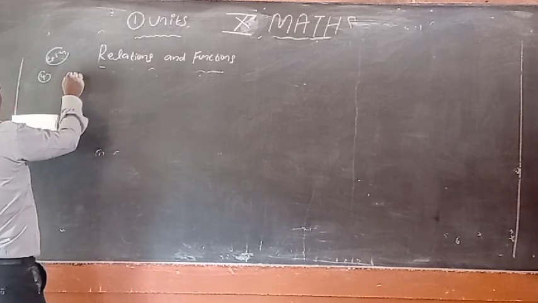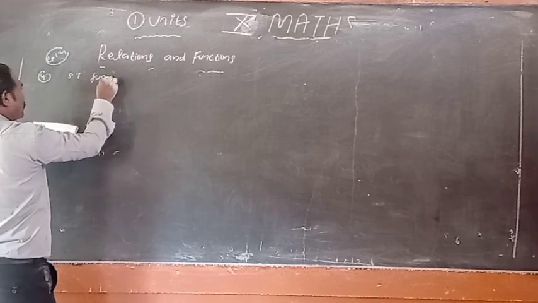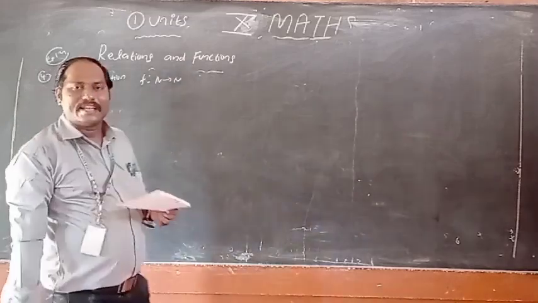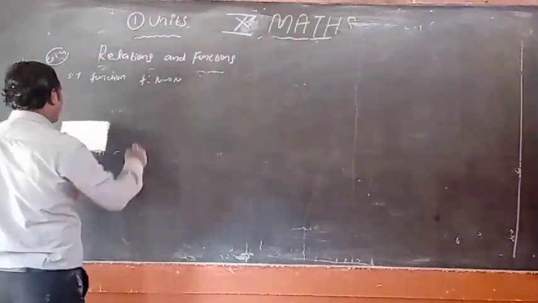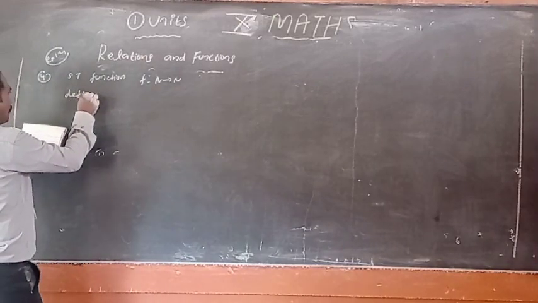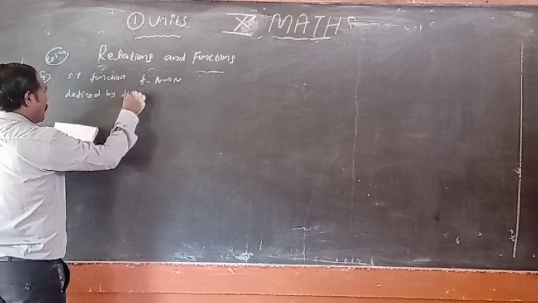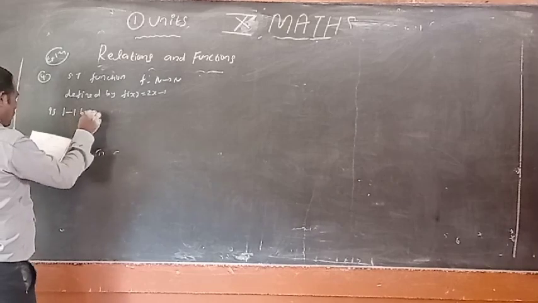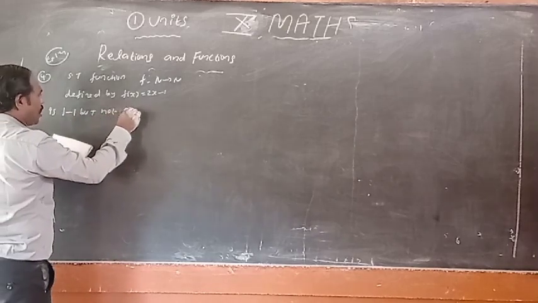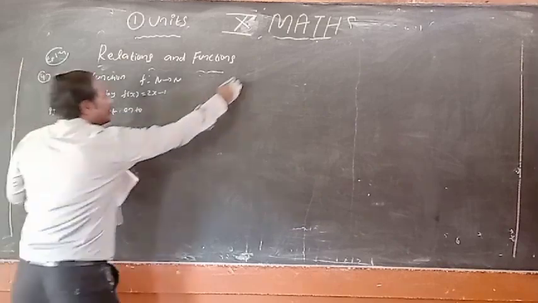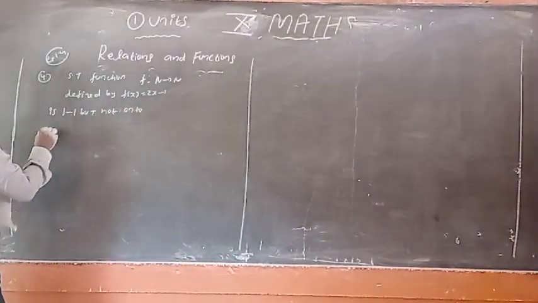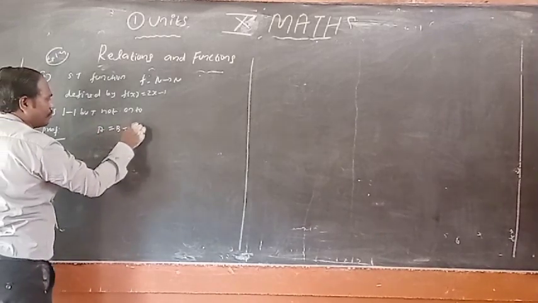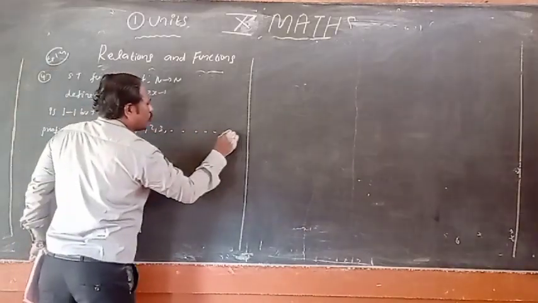See that: show that the function f from N to N. Actually, what is the meaning of N? Natural number. Yes. Now watch it. Defined by f of x equal to 2x minus 1 is 1 to 1, but not onto function. Now see that? Yes, very simple. From natural number A to B, both are natural numbers. 1, 2, 3, like that and so on.